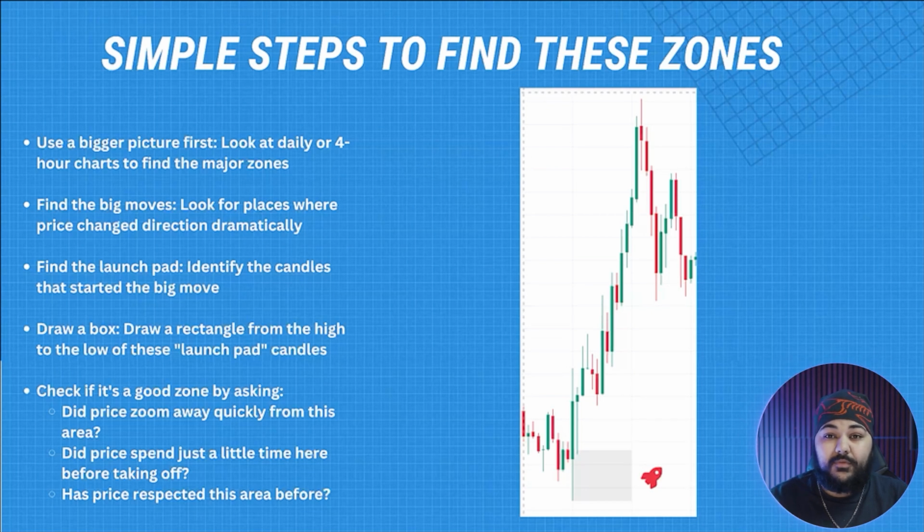I start off on the 4 hour, then I move on to the 1 hour, then the 5 minute, and that's where I usually look for major zones. And you need to look and find the big moves. Look for places where the price changed direction dramatically. You want to find the launch pad and identify the candles that started the big move. You want to draw a box from the high to low of these launch pad candles and check to see